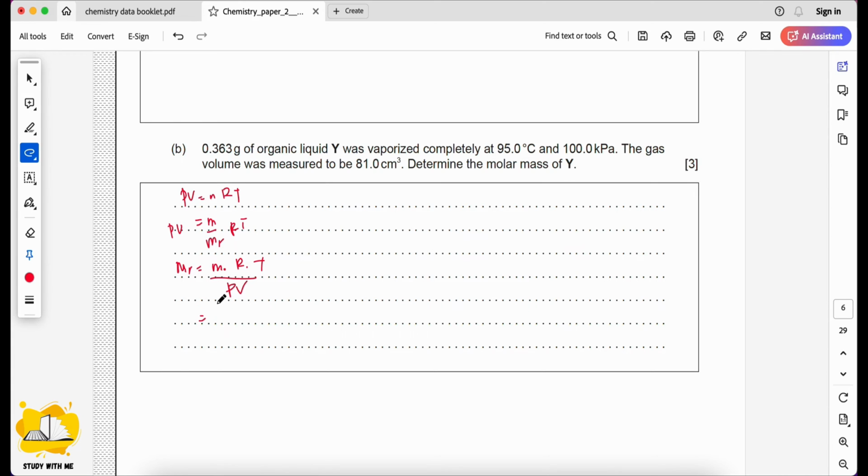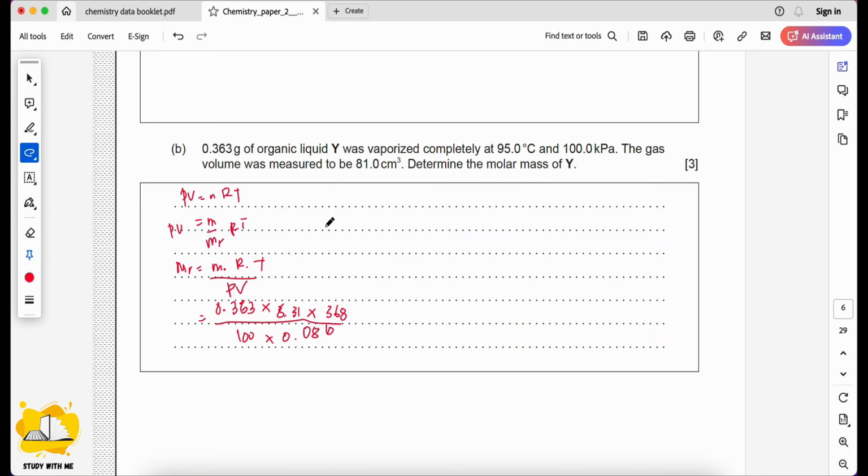So that would be 0.363 times 8.31 times 368, because 95 degrees Celsius we convert to Kelvin, and divided by pressure, which is 100 kilopascal times